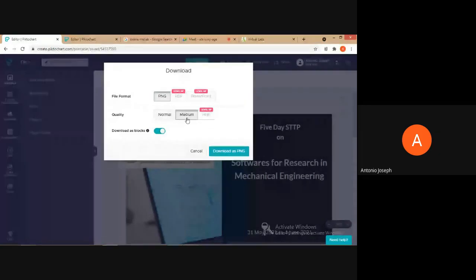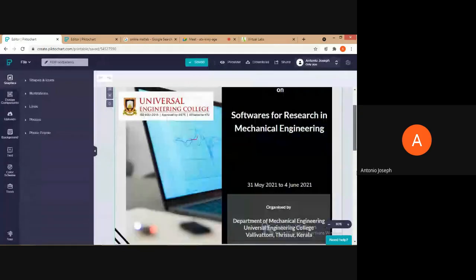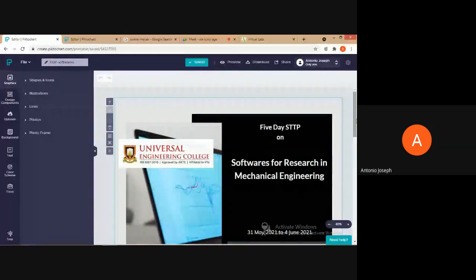So we can download such a blog also. That means, see, this particular brochure has 2 pages. So if you are downloading such a blog, then obviously it will have 2 images. So 1 page means 1 blog.